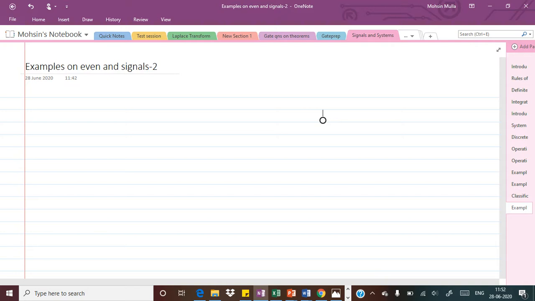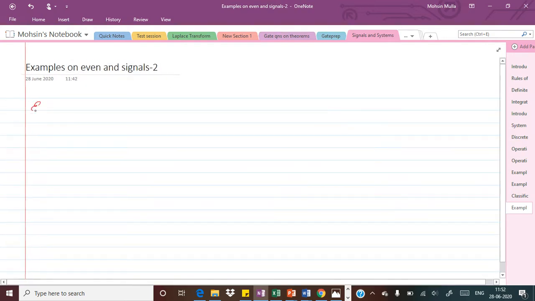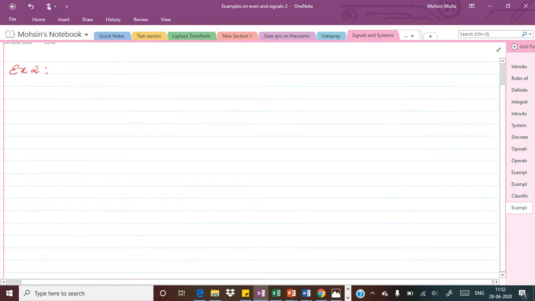Today we are going to see examples on even and odd signals. In the previous video lecture we have already seen one example on even and odd signals. Let us see some more examples on the same. The first example here, or rather example number 2 on even and odd signals, is as follows. The given signal is x of t equal to e raised to